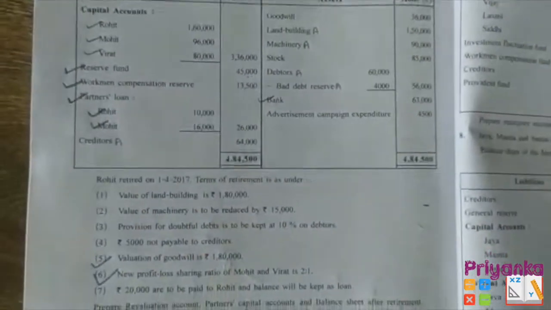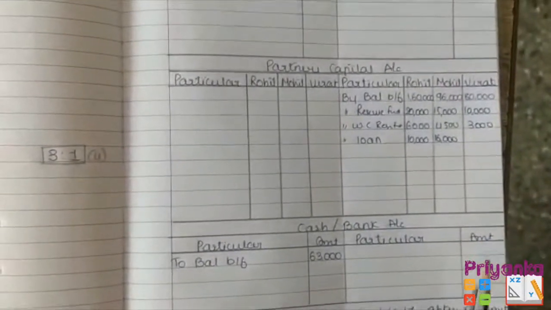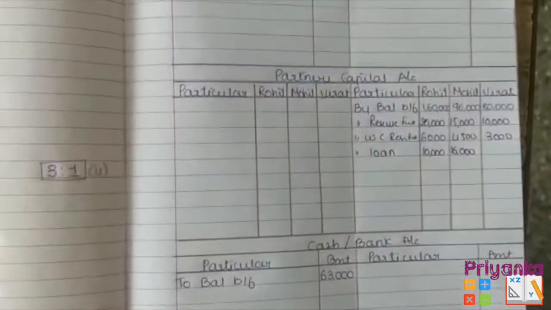Now one more thing I want to explain to you here. In this question, it is not written to make a compulsory journal entry. Now if in the question it is given to make a journal entry, just don't get confused. Remember any one of the positions.